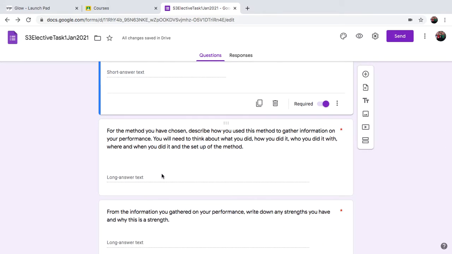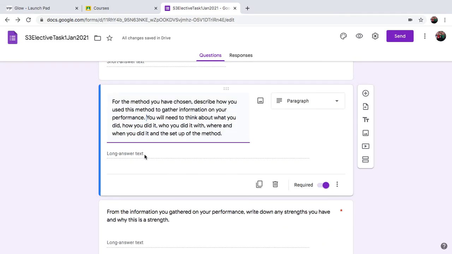Once you've done that, you move on to the next question, and you need to think about the test that you completed in class, and you now need to describe that test to us. We want you to take us through step by step what you did to gather information on your performance using that test. You'll need to think about what you did, how you did it, who you did it with, where and when you did it, and what the setup of it was, what it looked like. And when we read your answer here, we should really be reading an instruction manual